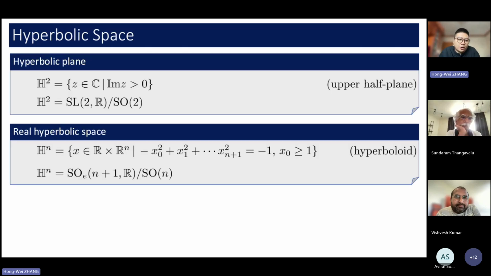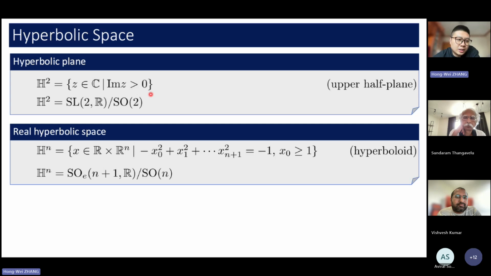I know that the audience are experts on symmetric spaces, so I don't need to use too much time to recall the definitions. I just record the notations. We know that there are different models of hyperbolic spaces. For example, we can use the upper half plane or the hyperboloid, but in both ways we know that we